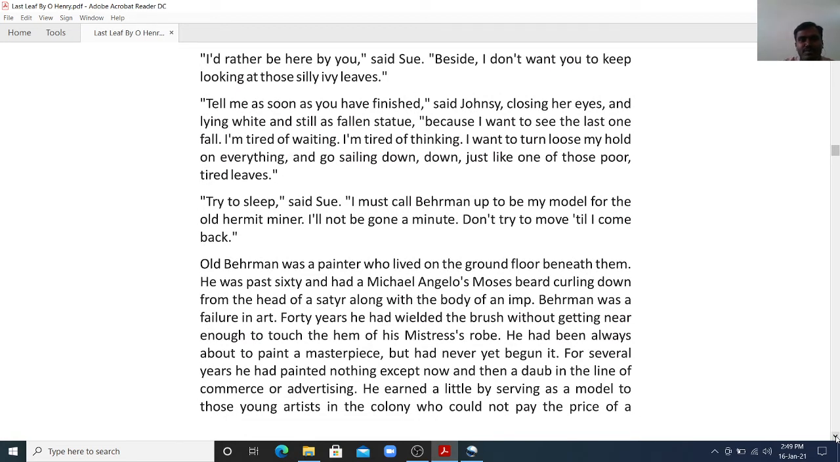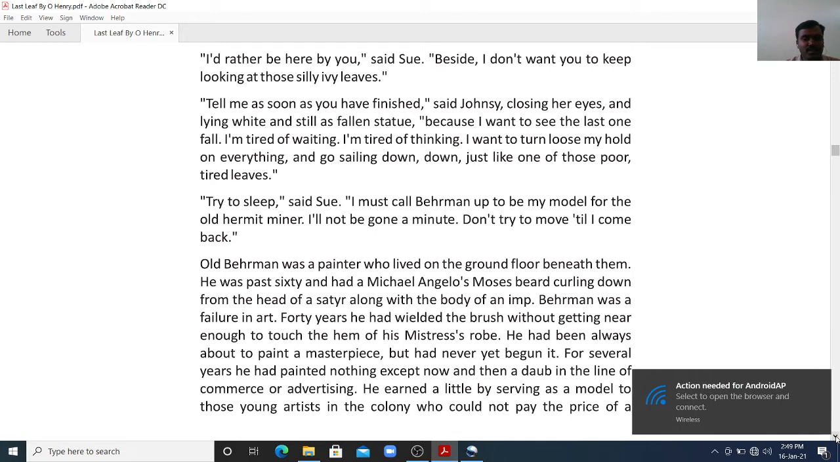Here by you said so. Besides, I don't want you to keep looking at those silly evil leaves. So I would rather be... I mean, I'm not interested to go to the other room. And besides, I want to be with you, and then see to it that you don't look through the window at those evil leaves, those falling evil leaves. Tell me as soon as you have finished, said Jhansi. So Jhansi said, as soon as you have finished, tell me